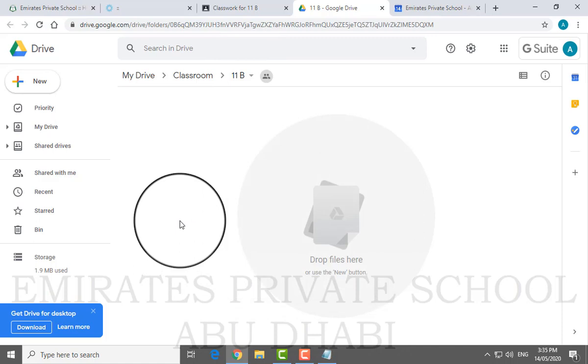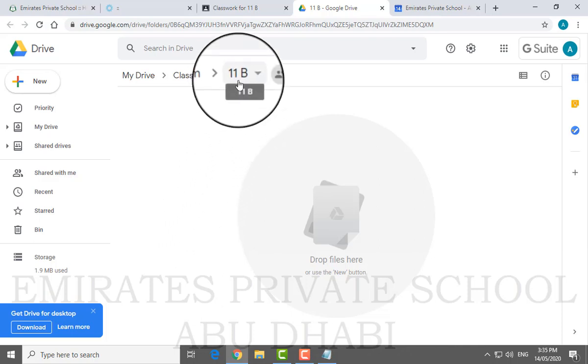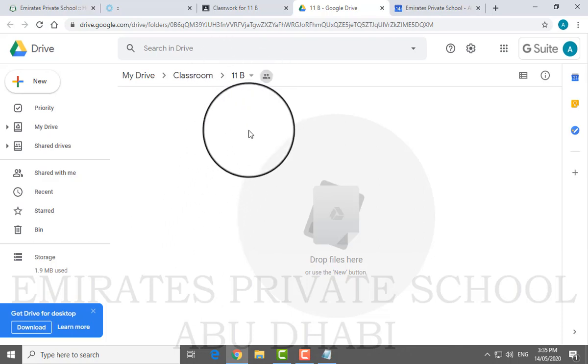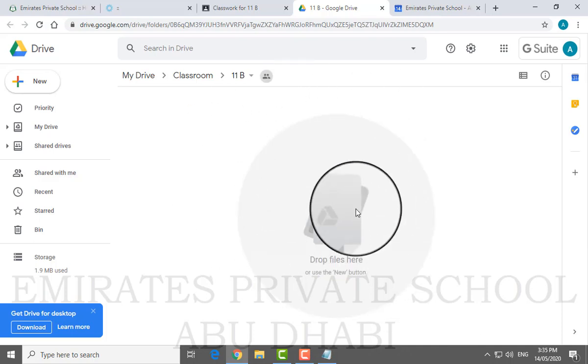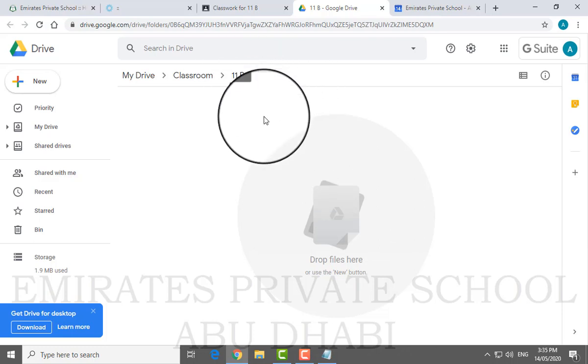Now this option is available for them also, so they can put some data on this particular drive. Students and teachers both can share that data from a Google Drive, but only for 11B. 11A or grade 10A or any other class cannot come to this particular drive, take the file, delete the file, put the file, nothing can be done over here. It is only for 11B teacher and 11B student.